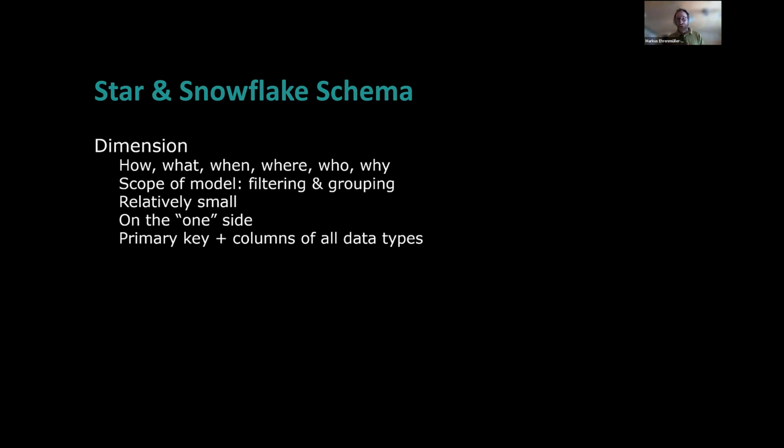They're relatively small. I mean, relatively, it's also relative, right? For one of my customers, when I left this project, we had 200 million rows in the user tables. They can be big tables, but compared to the fact tables, they're comparatively small. They're always on the one side, because there's one date, one customer, one sales territory, and this is then referenced multiple times by the facts. And for sure, you have a primary key in there.